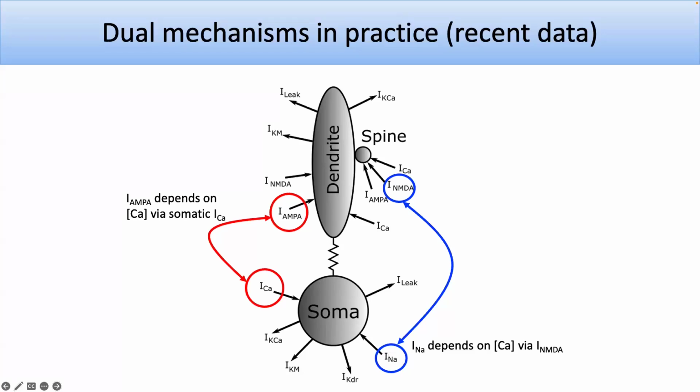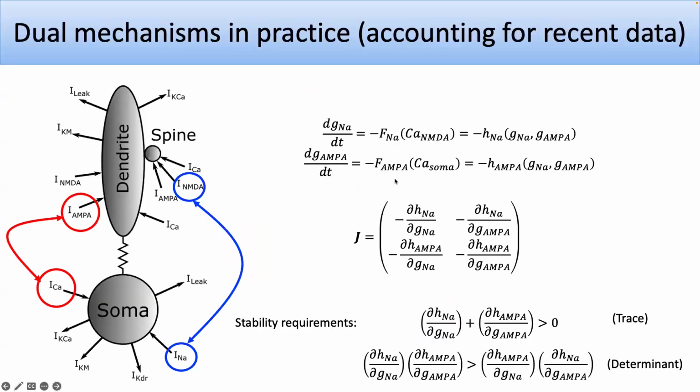So if you increase sodium conductance, then you'll get more spikes, which could send back a rise in voltage. And these NMDA channels are actually voltage dependent, so they let more calcium in up there. But it's hard to separate the two mechanisms. So first of all, we have a lot of unknowns. We have these conductances: one of them depends on a function of the NMDA calcium, the other depends on some function of the somatic calcium. But we can describe these two systems very generally.